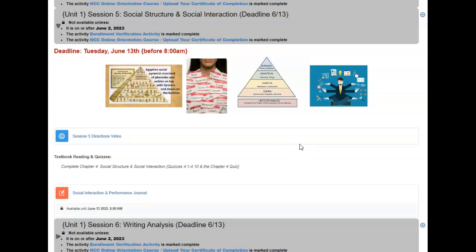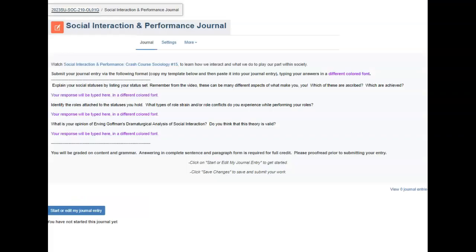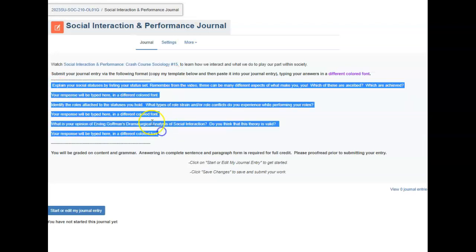The second assignment for chapter 5 is the Social Interaction and Performance Journal, and that is going to be a crash course video that you are going to watch and then complete the journal. I do want to bring to your attention that the directions for the journal say complete sentences and in paragraph form.